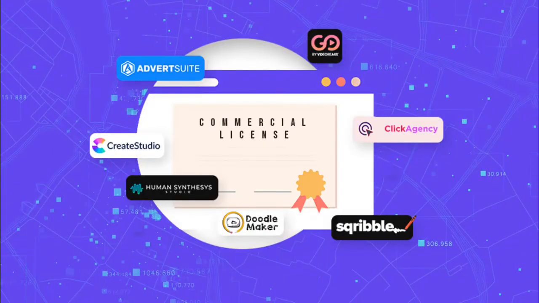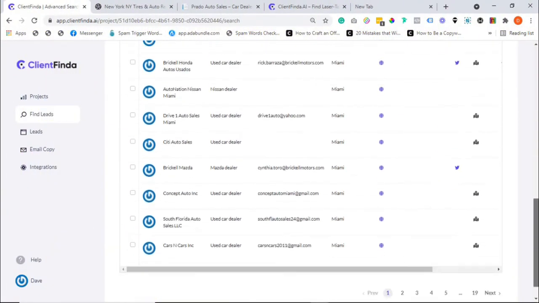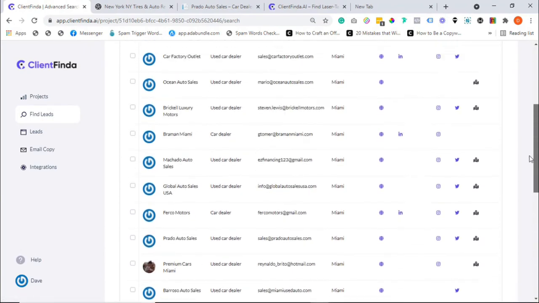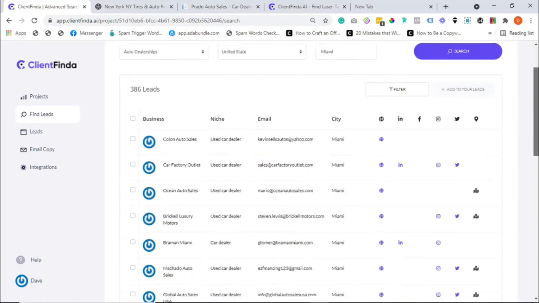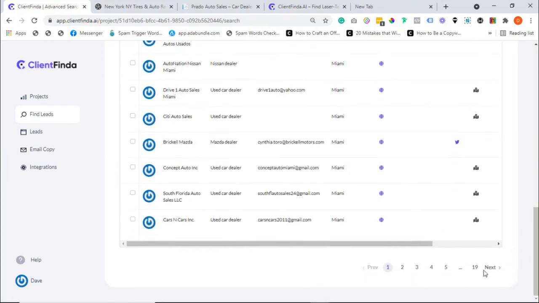And if you ever bought any app in the past with agency or commercial rights, whether it's a video app, an SEO or search engine ranking app, a social media or content creation app, a website creation app, whatever it is, then Client Finder is even more perfect for you. Simply find buyer leads using Client Finder and then sell them needed services you can deliver using those apps. In plain words, Client Finder is all you now need to start making money off those numerous purchases.